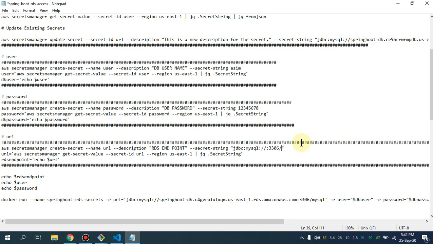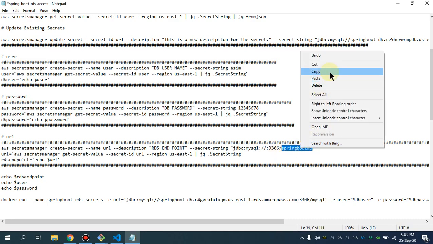We are going to create one schema or database, Springboot DB. I will show you that this is the requirement of our application. Our application is going to use this schema or database because the default MySQL schema has tables and everything. So we are going to use a separate database. So this is going to be Spring Boot DB. What I'm going to do is copy the command,